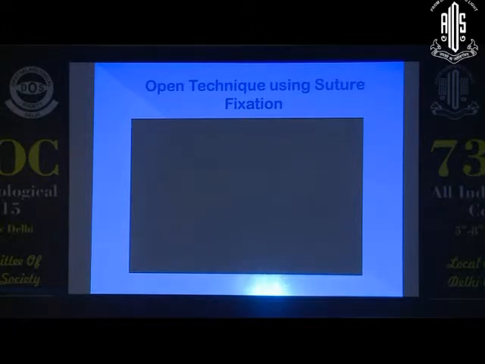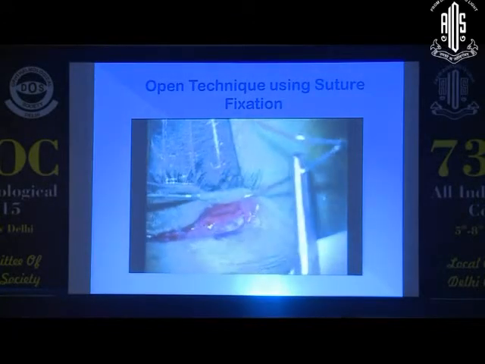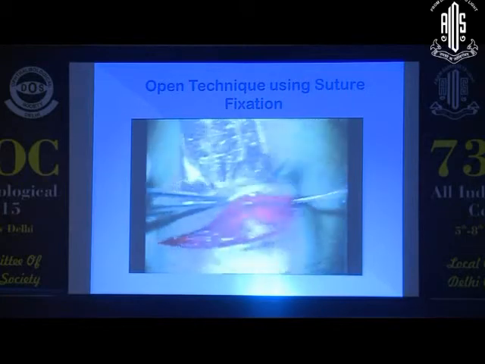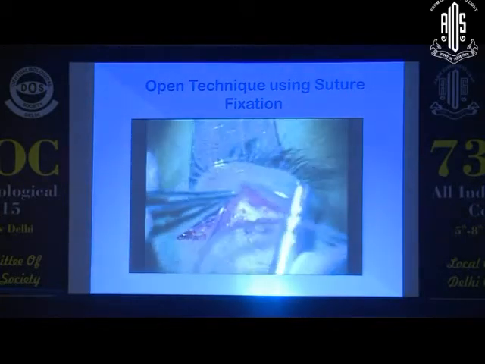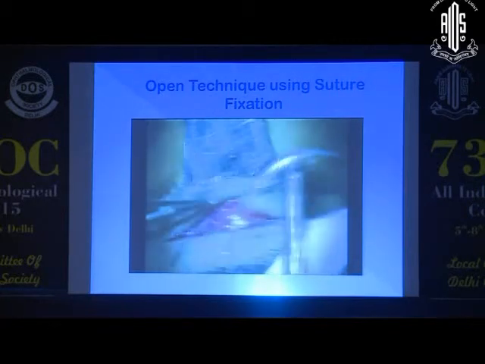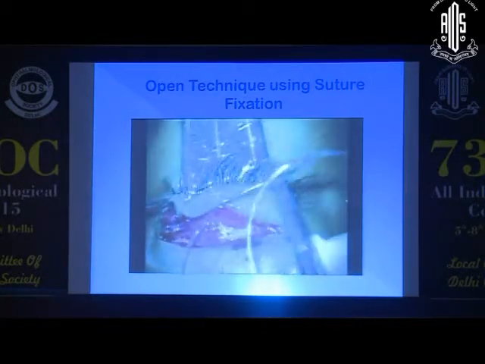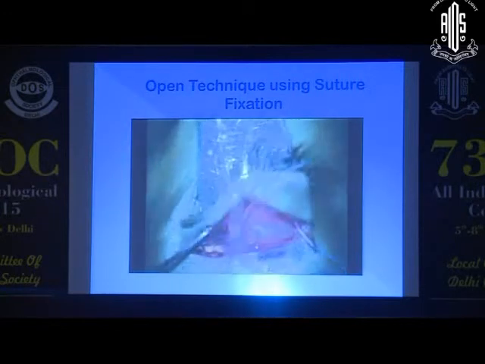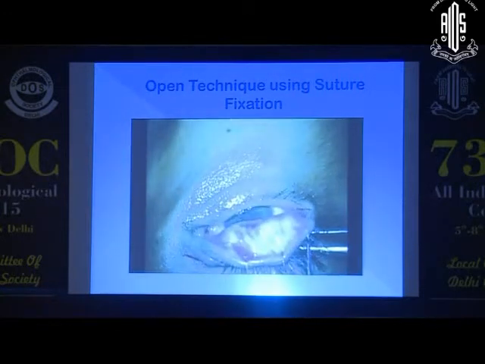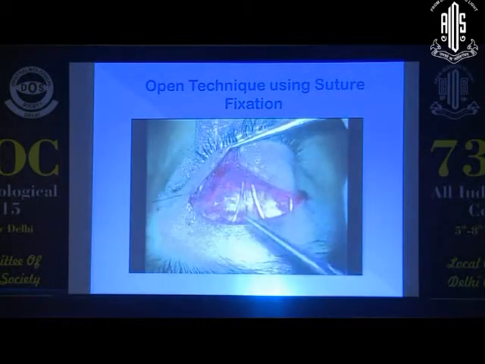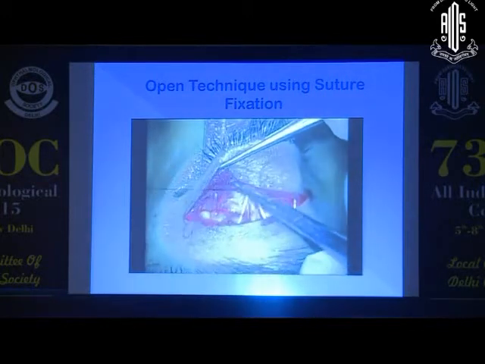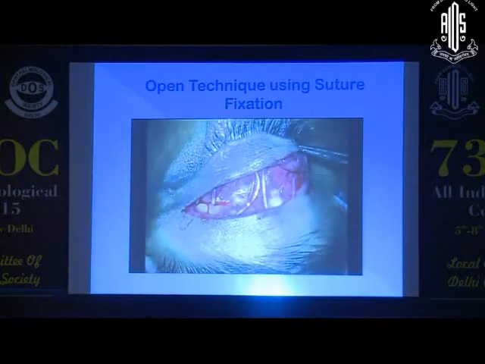You can see that the skin incision has been given, and the silicone rod I have placed on the sling needle, and you can see I am going in the pre-tarsal plane and taking out in a double triangle fashion. You have to be sure that it does not perforate the tarsus, and this is how it is fixed using non-absorbable 6-0 nylon suture. All 4 sling material you have to fix with the tarsus. Rest steps are almost the same.